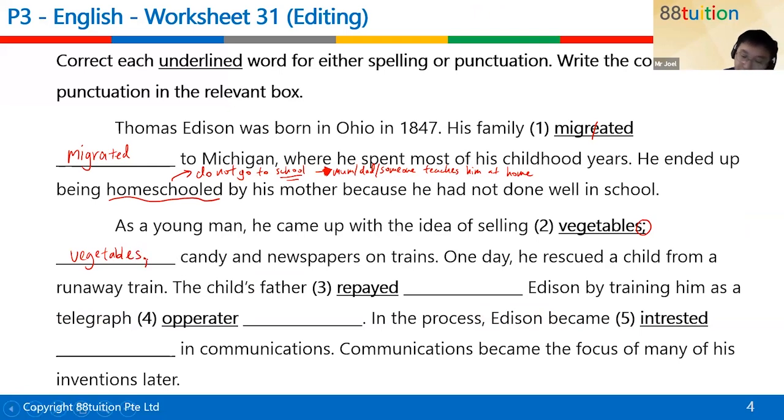Because it's a list, right? See, with the idea of selling vegetables, comma, candy, and newspapers. So it's a list. So everything at the beginning of the list, right? We separate them with commas. The last one, we separate it with an and word. So for example, I could say, Vaish bought maybe a loaf of bread,